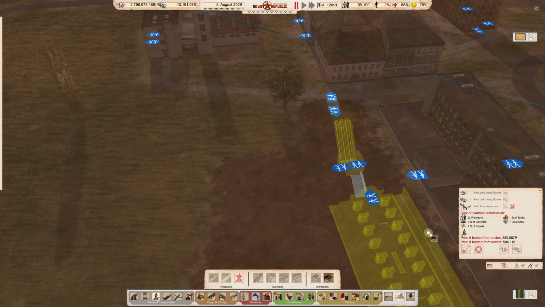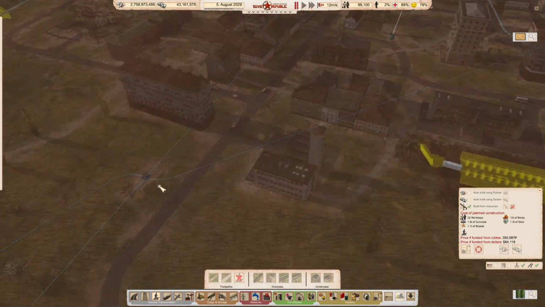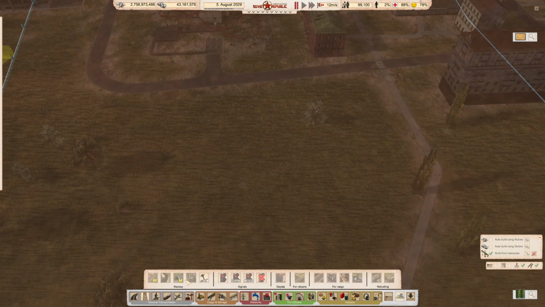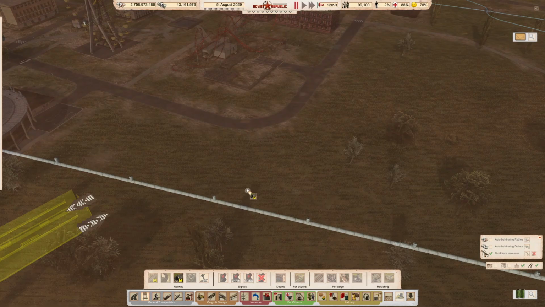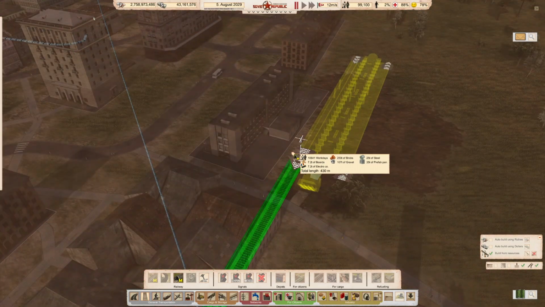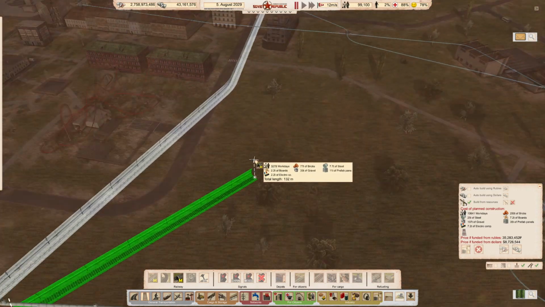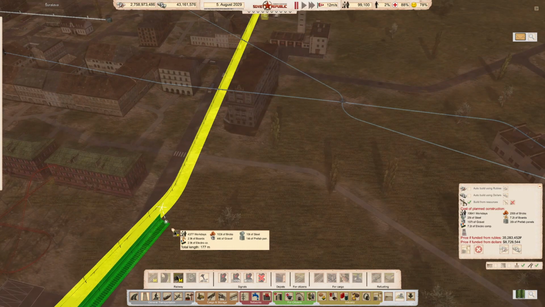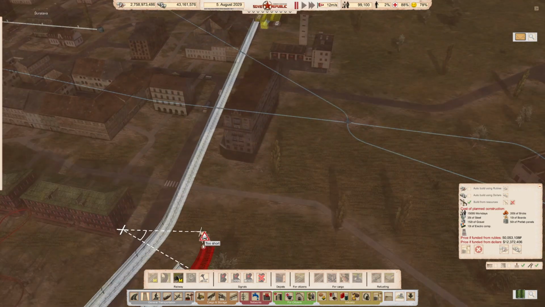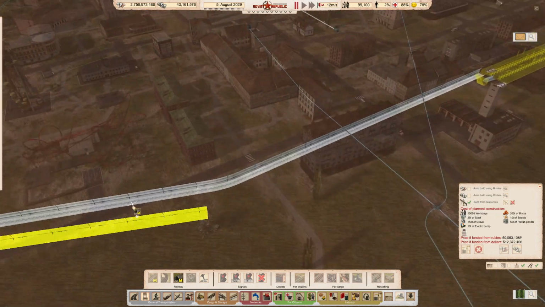I'm not going to accept that just at the moment, because the next fun bit is we've got to run a tunnel between these two buildings here. I'm pretty sure that escalator wasn't there. Right, that's going to come in there. I'm going to try and keep the tunnels...